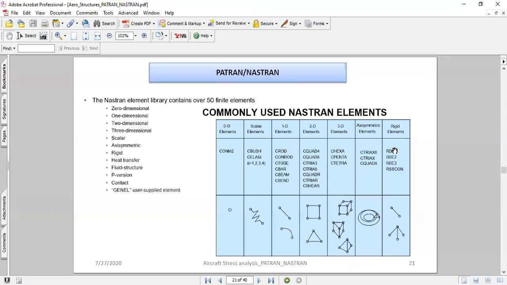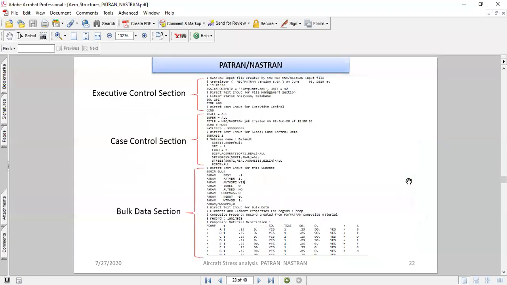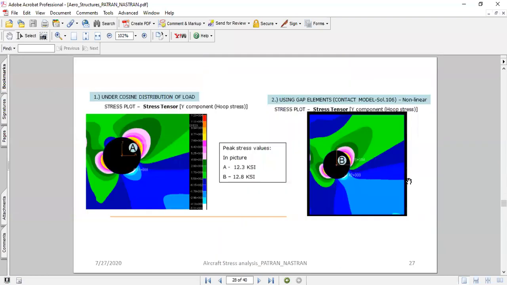I think back when we were discussing Patran and Nastran, I mentioned that these rigid elements are nothing but what you call a spider element in FEA terminology, where it has one master node and different slave nodes. When you apply loads at the master node, they get distributed to the slave nodes. There are a couple of types of rigid elements in Patran and Nastran: one is RBE2 and another is RBE3. RBE2 is specifically for modeling lugs, attachments and pins, because it adds stiffness to the structure. RBE3 doesn't add stiffness to the structure, and it is an interpolation element. It interpolates the load based on the distance from the master node to the slave node.